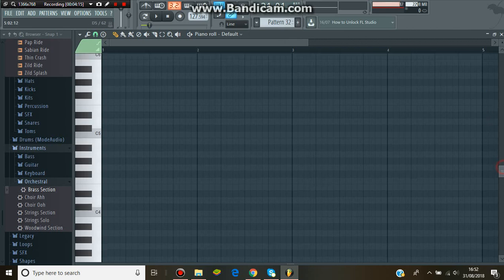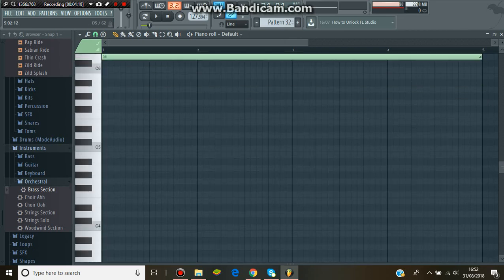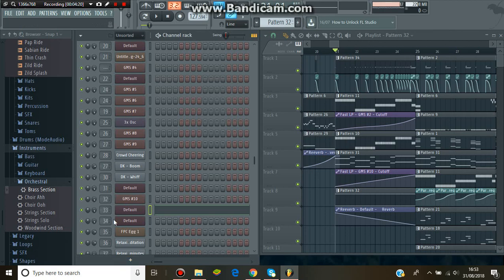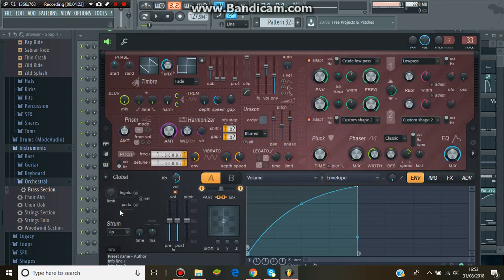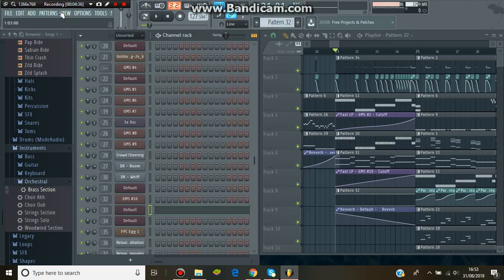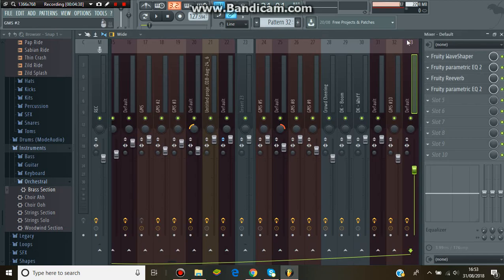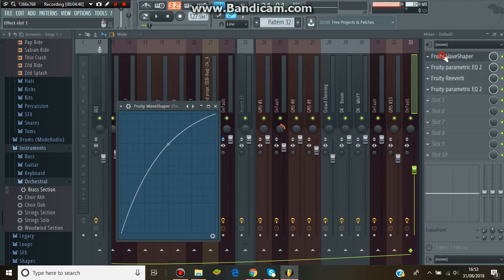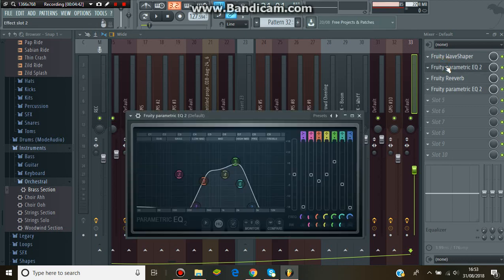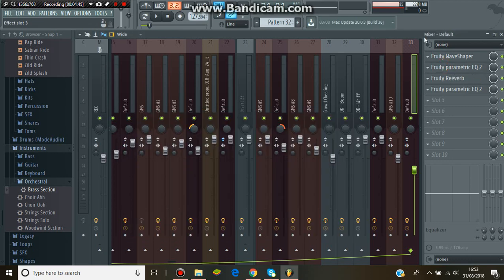So yeah, it goes from D3 to D6, and it's a Harmor with... okay, so it's a Reese, because these are identical except for the slight pitch. With that volume envelope, harmonizer like that, and a subharmonic, and it's on mixer track 33 with a wave shaper, a radio preset. I imagine that's